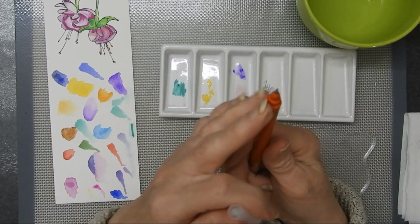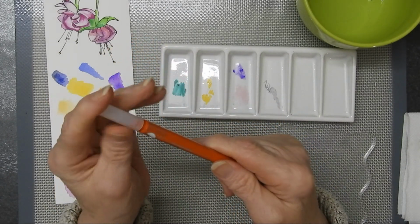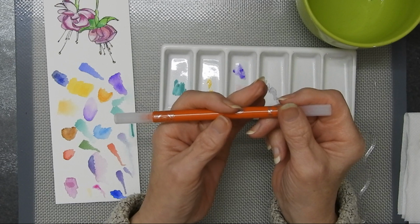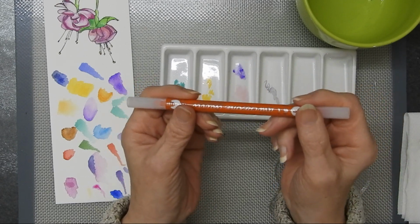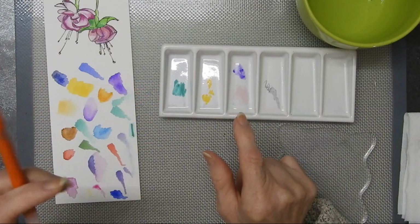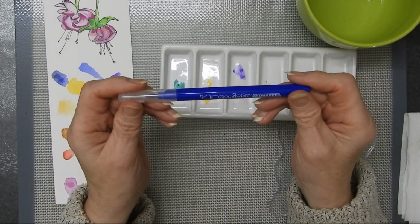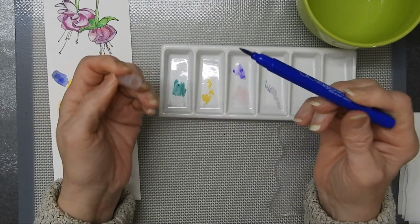So again, if you want to add watercolour detail, then these might be what you want. They will, of course, make marks which are very obvious, and they will make thicker marks. So unless you want that type of mark on your paper, use it in a palette in order to get a wash from it. So I have here the Karaoke Aquarelle, which is relatively new to the market, and this